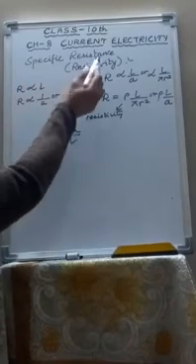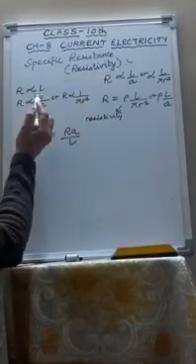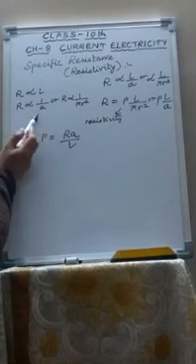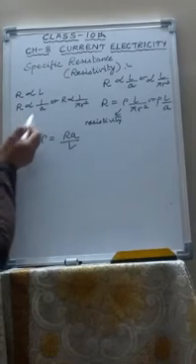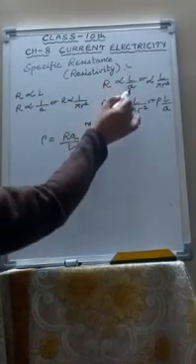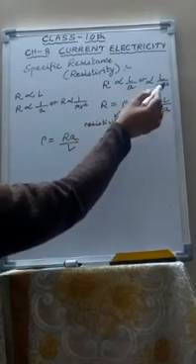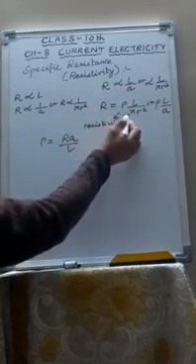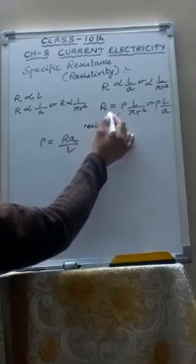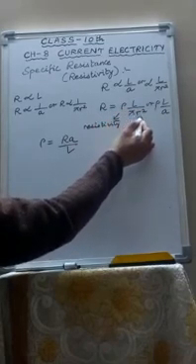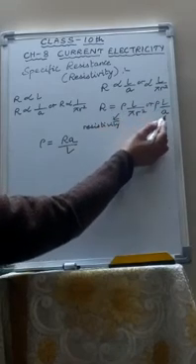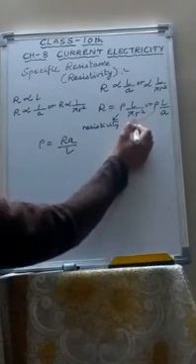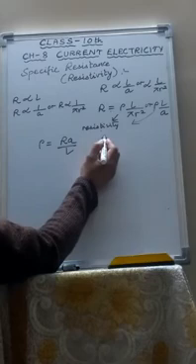Now what is specific resistance or resistivity? We have done the resistance of a wire is directly proportional to its length and inversely proportional to the area of cross section. So if we combine these two, we will get R is proportional to L upon A, or R is proportional to L upon pi r square. To remove this proportionality, we assign a constant that is called rho. So R equals rho L upon pi r square, or R equals rho L upon A. This constant is known as specific resistance or resistivity. Rho, this is the resistivity.